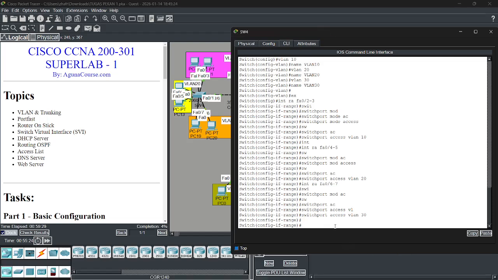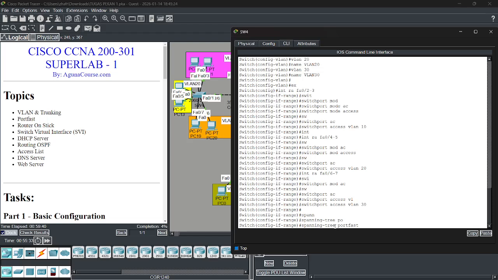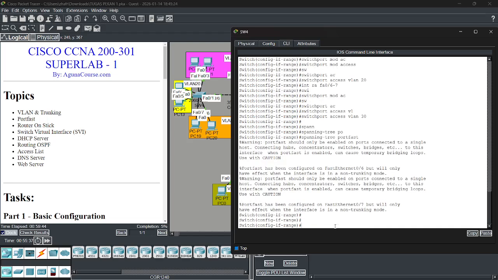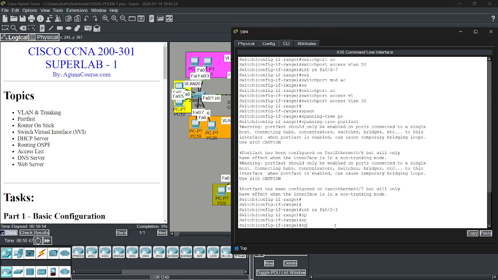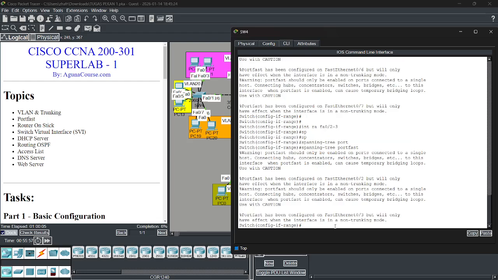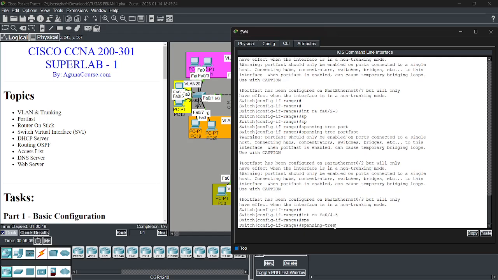Spanning-tree portfast. Spanning-tree portfast on FastEthernet 0/1-3, spanning-tree portfast. Okay, and then interface FastEthernet 0/4-5, spanning-tree portfast,